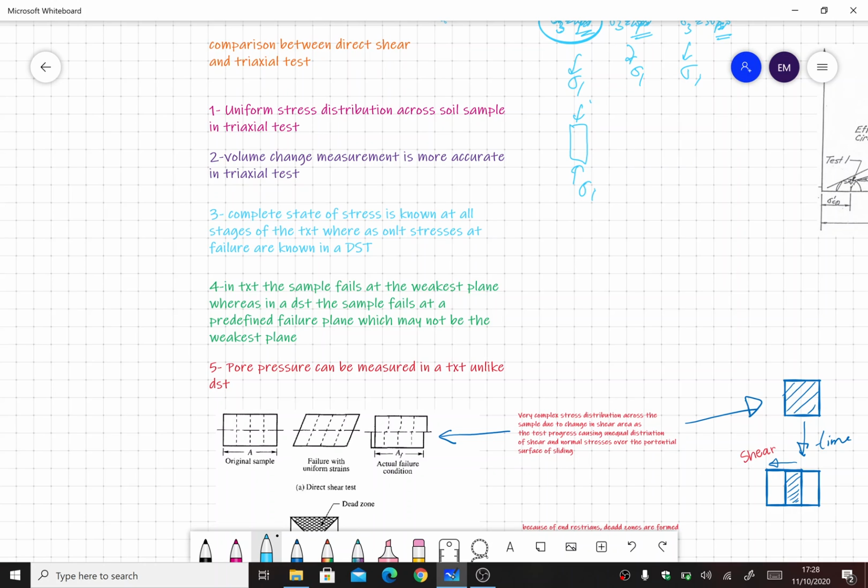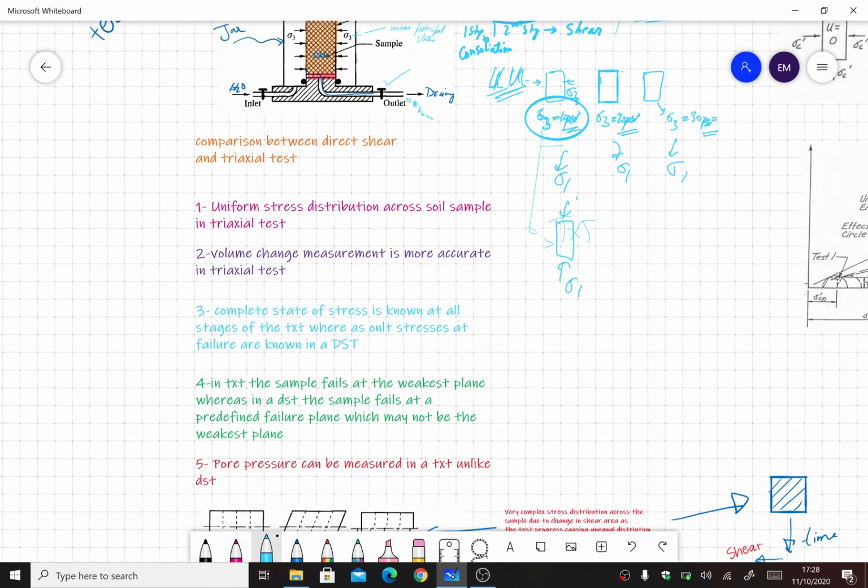Okay, so we were discussing the comparison between the direct shear test and the triaxial test. So in a TXT we have the situation that we apply,